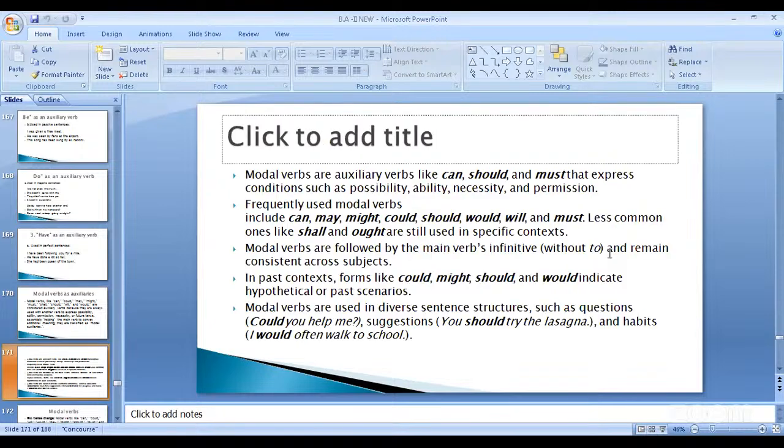Modal verbs are auxiliary verbs like can, should, and must that express conditions such as possibility, ability, necessity, and permission. Frequently used modal verbs include can, may, might, could, should, would, will, and must. Less common ones like shall and ought are still used in specific contexts. Modal verbs are followed by the main verb's infinitive without to and remain consistent across subjects. In past contexts, forms like could, might, should, and